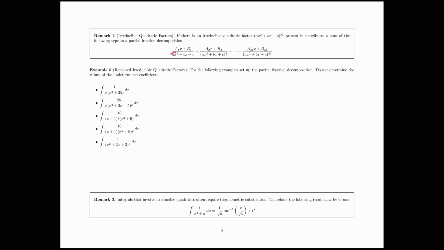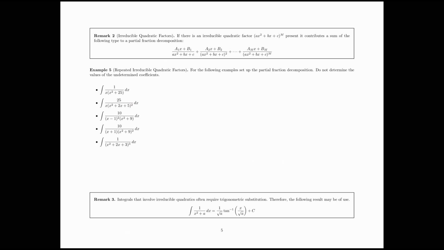So if that's the case for the quadratic in the bottom, then instead of putting just an a in the numerator, you put an ax plus b. The idea is we want to use a degree less than what we have. So if it's an irreducible quadratic, then it may have a linear term in the top. Okay. So let's go through that and list off these